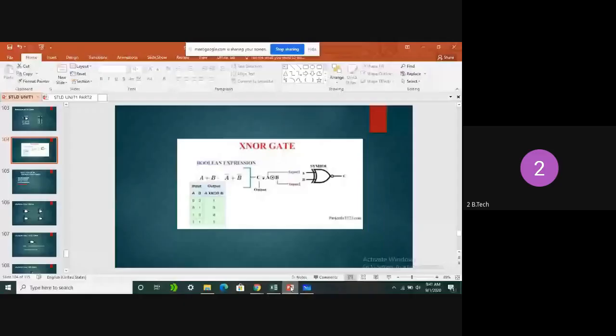If you take the XOR gate, it is going to produce a high output when the two inputs are with different logic or with dissimilar logic. Clear, all of you? So the XOR gate is also called a dissimilarity gate. Clear? Yesterday also we discussed that we can provide not only two inputs, we can provide more than two inputs also.